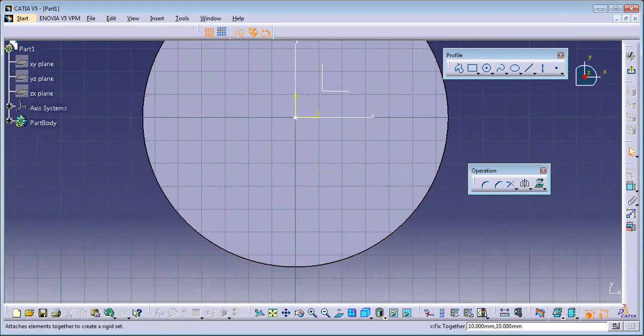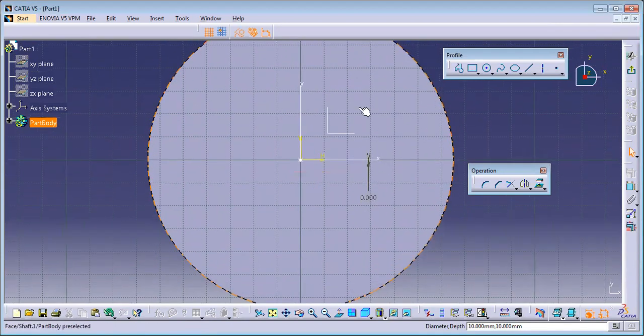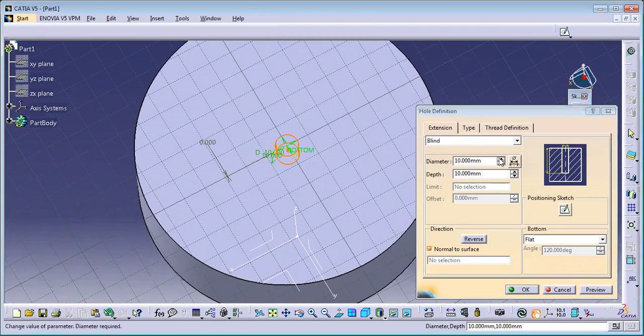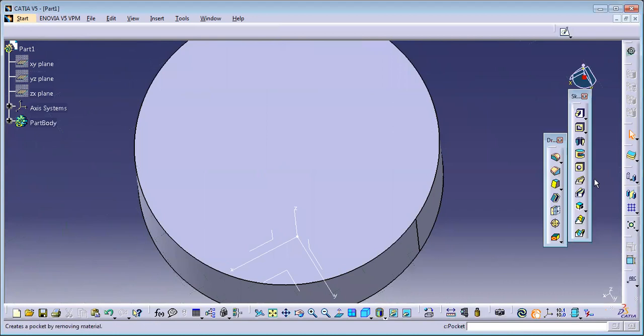If you want to assign the dimensions to that particular circle, you can easily assign the dimensions to this. Now it has been shifted to 0,0. But if you have an exact rectangle, you can easily assign the vertical and the horizontal distance. Once it is done, just exit from here. Now it is asking me for the diameter of that particular hole. Sorry for this, don't know why it's showing like that. I'll just go with this hole.